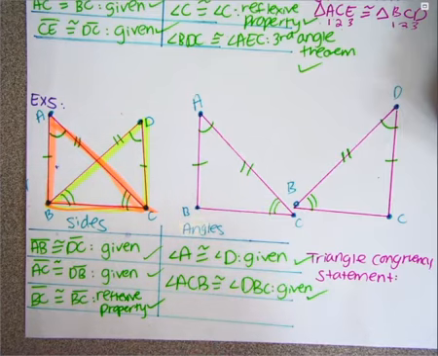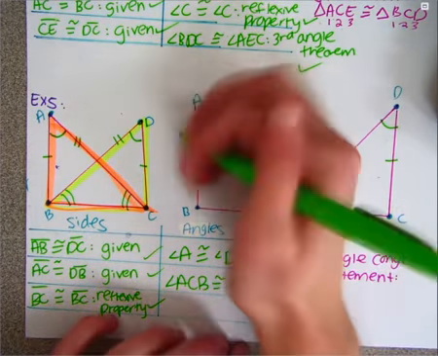But anyways, it would be the third angle theorem. If two angles are congruent, the third angles are congruent. By the third angle theorem, maybe you gotta say it with the country accent. Third angle theorem. All right, so I can say that these two angles are now